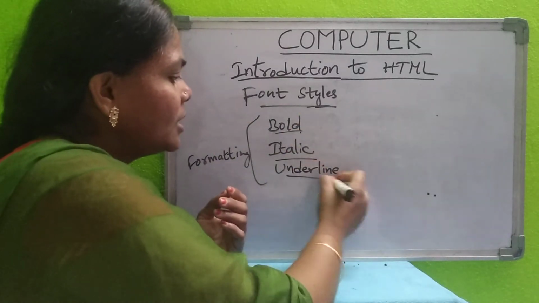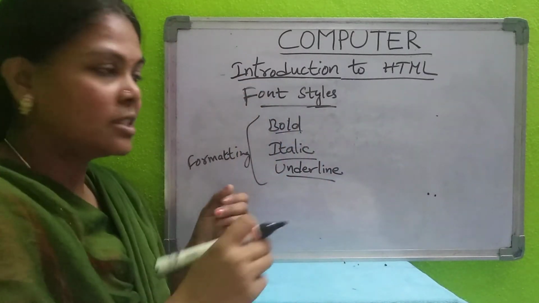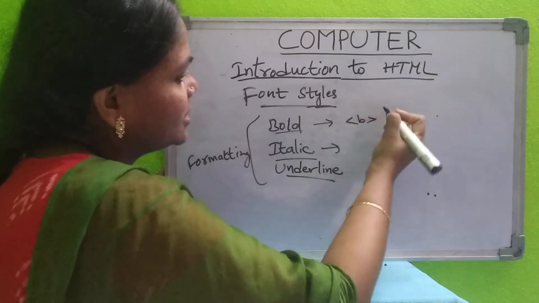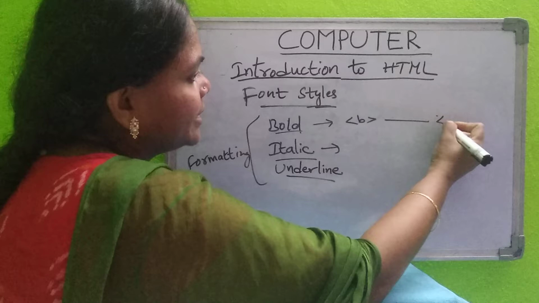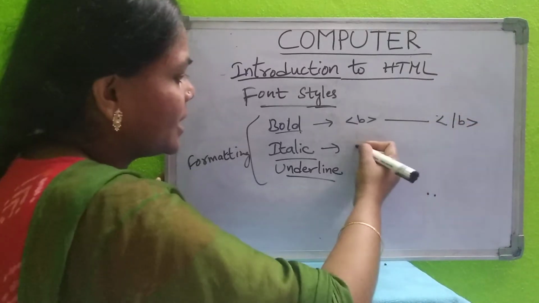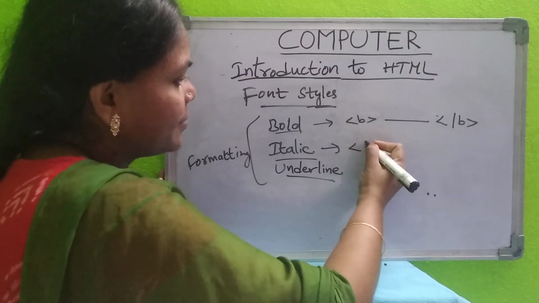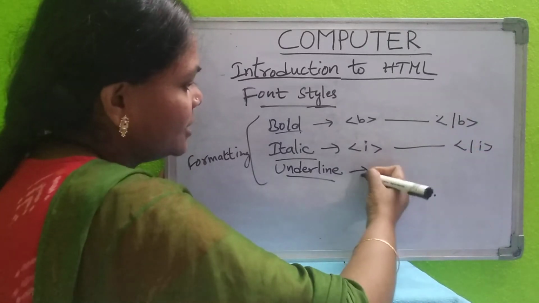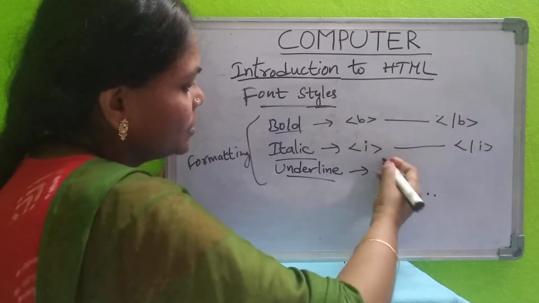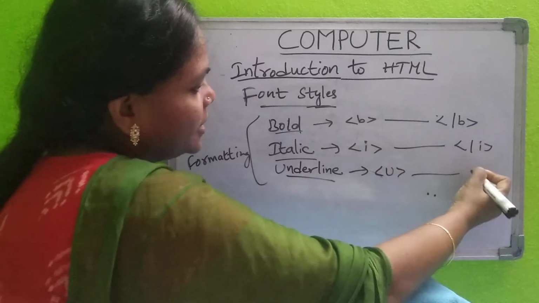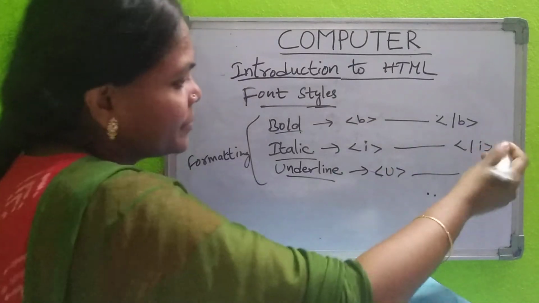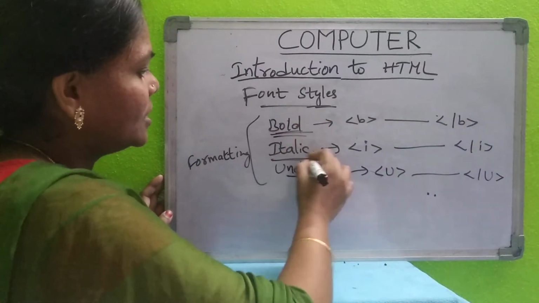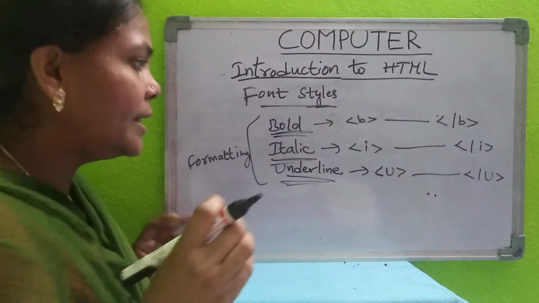Same, but there we will click on the buttons, but here we use the tags. So B tag, either it is capital letter or small letter, write the text and close the tag. So I, either it is capital or small letter, write the text, close the tag. And here for underline we use U. You write the text and close the underline tag. Okay, like this we can change the different font styles for our text.